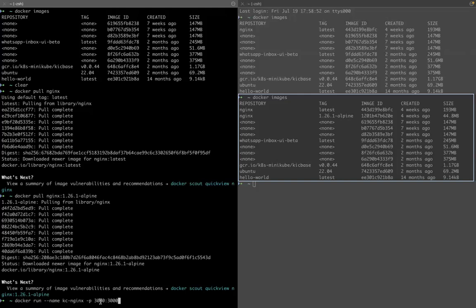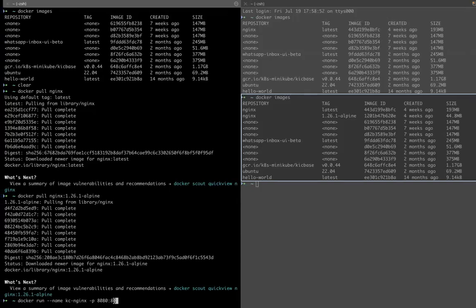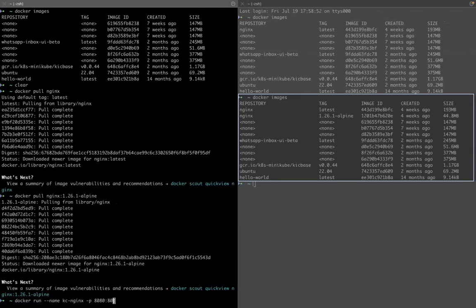So this will point the ports on my host machine to a port in the container, right? So my host port points to the container port. So if I go to port 8080 on my host, that will direct the traffic to port 80 on the container. And I'm going to run the Nginx